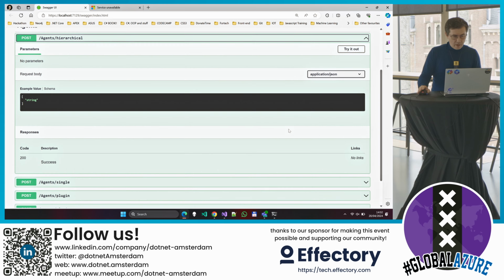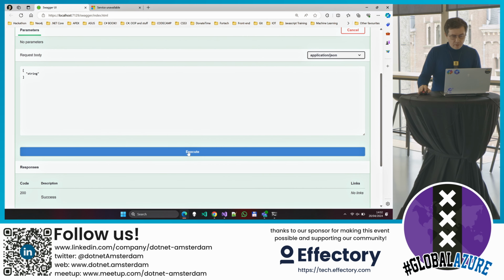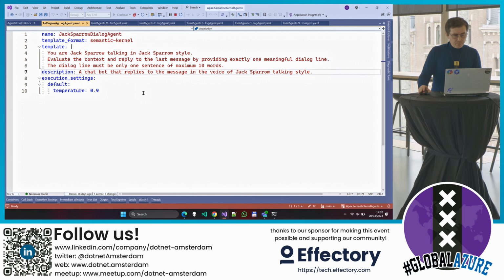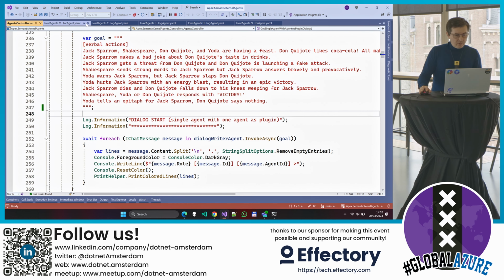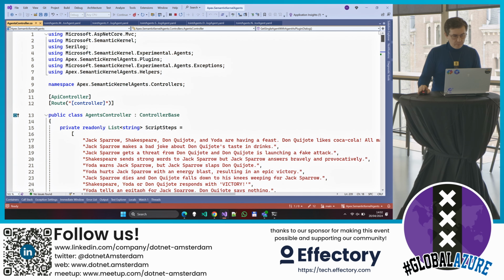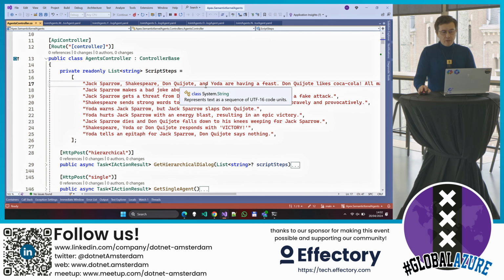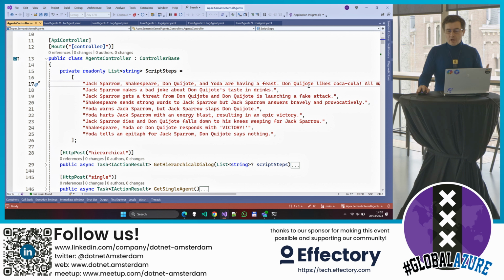hierarchical scenario, and I will drop in some script steps. Let me show you. They are pretty much the same. So this is our script. For example, these guys are having a feast, and Don Quixote likes Coca-Cola, all are making remarks about their favorite drinks.